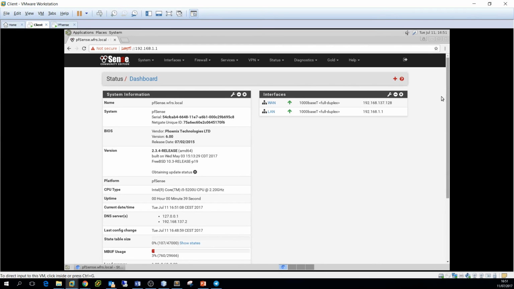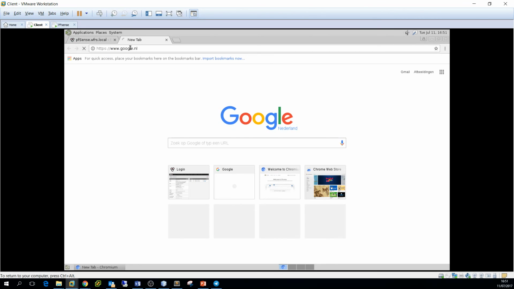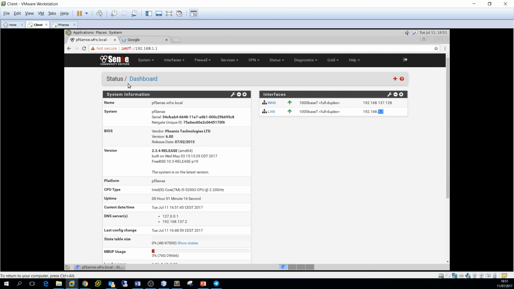So now, as you can see, we have two interfaces. We have the WAN interface with this IP address, and this 137 is the range that my VMware Workstation NAT connection is using, and the 1.1 LAN connection. As you have seen also, the client itself can connect to the internet. So that works fine as well. So now we have our own router